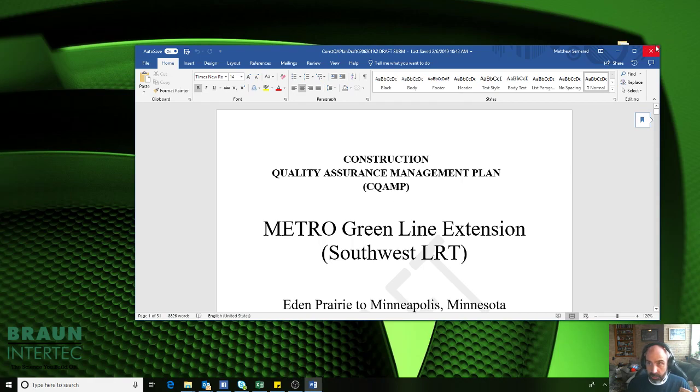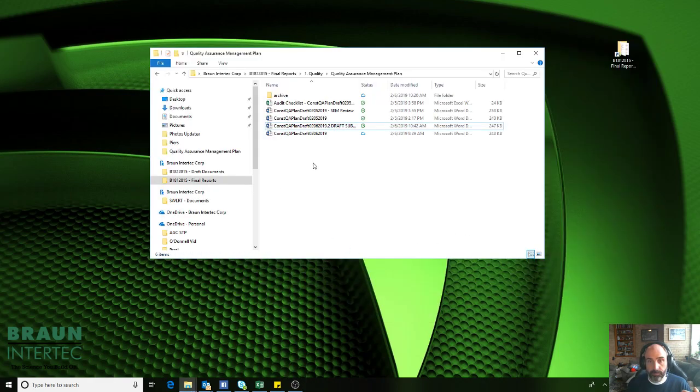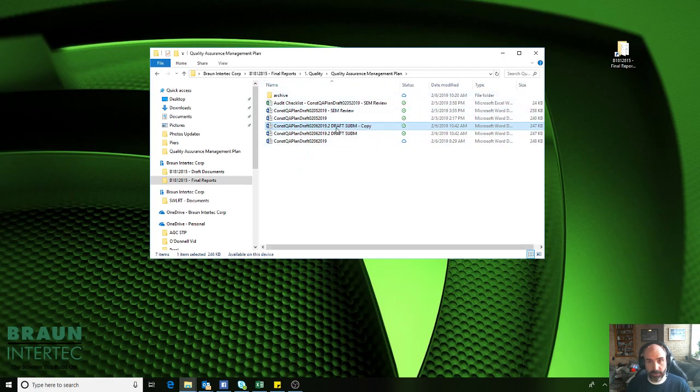There's one more caveat I want to explain real quick. If I'm working in a folder like this, and this was my submission yesterday, and today I want to start working on it, one thing that I do personally that's just good file management is that I'll hold down the control button, drag on that file, so that draft, and make a copy of it, right? So I have a copy of that file, and then I'll just rename that file because today is now the 7th, it's no longer the 6th,